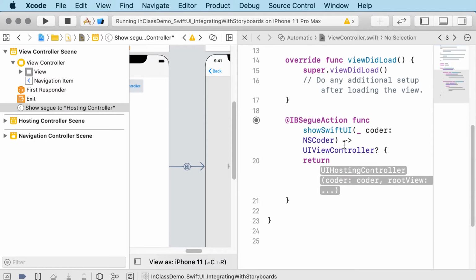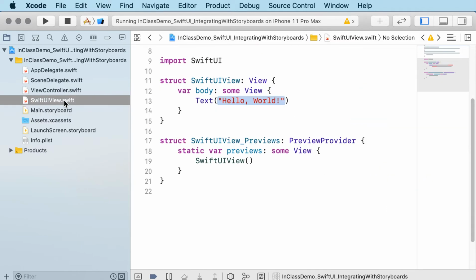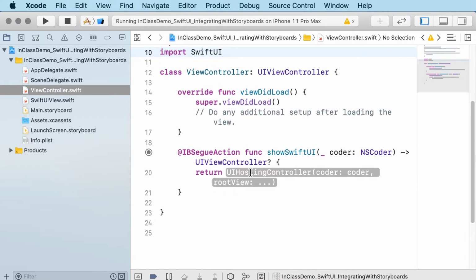And you can see it populates a lot of stuff automatically because it's basically guessing at what I want to do. It's seeing that I want to make it return the hosting view controller. The important thing is now I just need to tell it which SwiftUI view I want to show it. So if I switch back over to my SwiftUI view, you can see that my SwiftUI view is named SwiftUIView. That's convenient. So I'm going to copy that name, go back to my view controller,